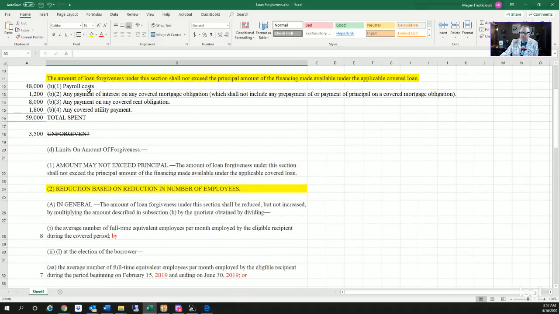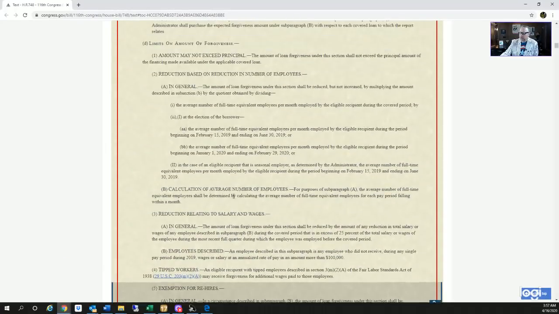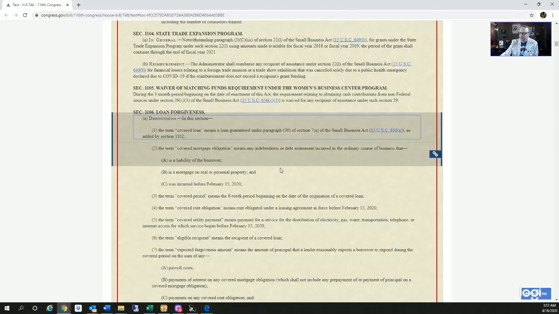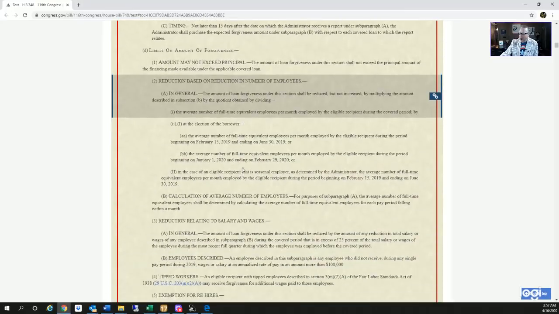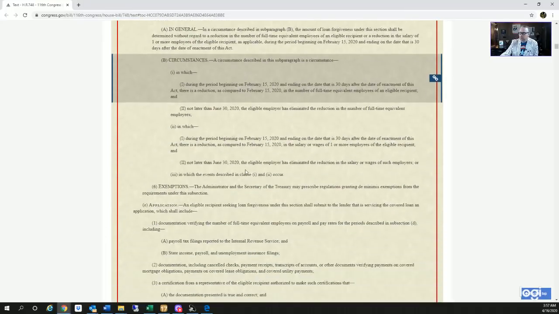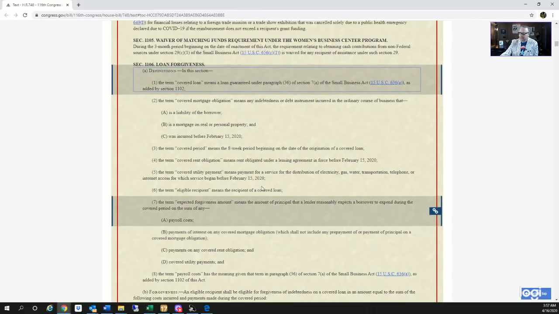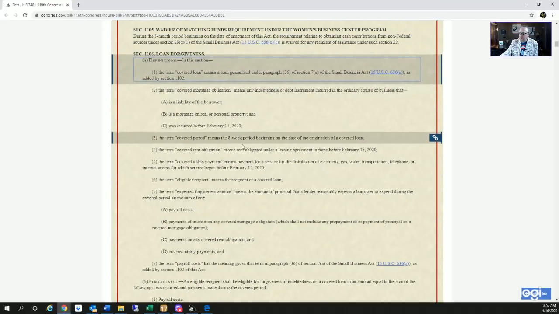Starting here, see how it says B1 through 4? Well, I just went into the law, the section of the law that talks about forgiveness. And I'm coming right down here, and I'm basically pulling all of this into that calculation. Look at all that. Isn't that crazy? So when we're talking about loan forgiveness,